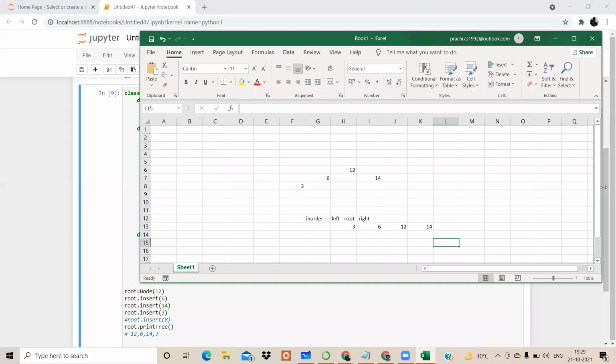Okay. In this, left, root and right. Left, what I understand is the last one, which is 3. Correct. And then the root 6 is 6. Okay, yeah. The root will be the 6. Exactly. There is no right for this.